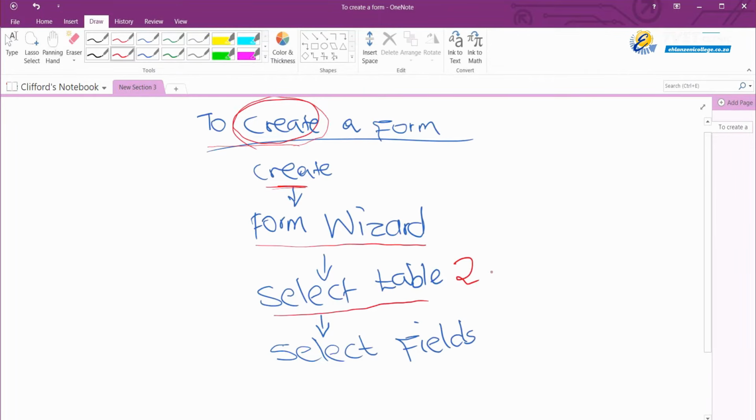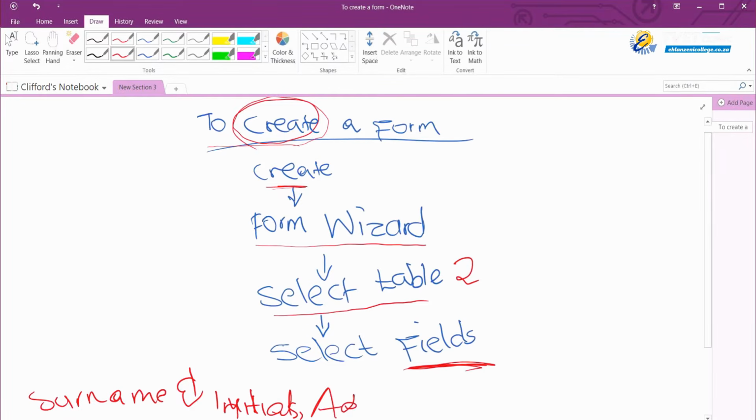After you have selected table 2, you select the fields that you are given, which was our surname and initials,